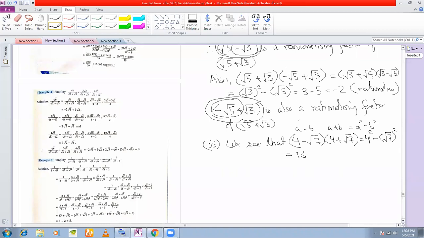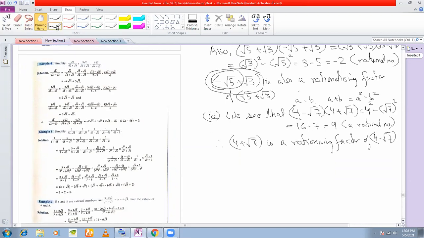so that you get 16 minus 7, which is equal to 9, a rational number, right? So therefore 4 plus root 7 is a rationalizing factor of 4 minus root 7. Okay,